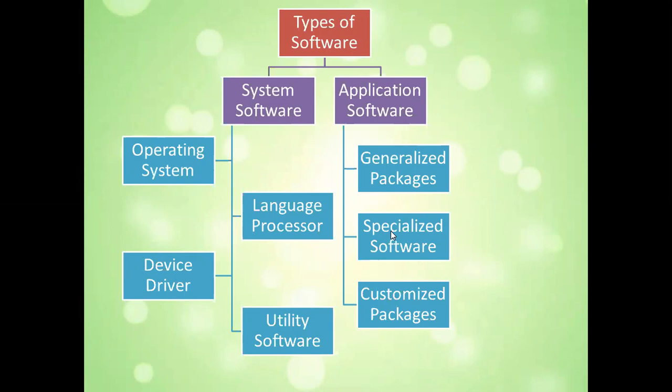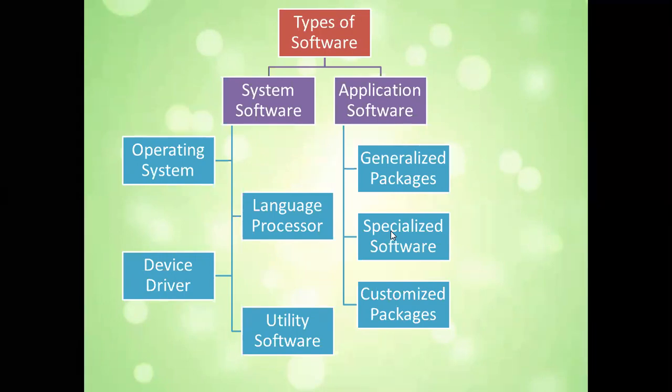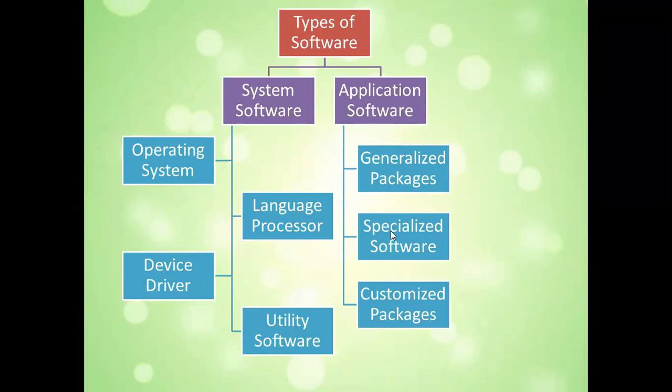If I purchase a video making software, that is my choice, whether I want to purchase it and whether I want to use that software in my system or not. These types of software are known as specialized software, which are basically used for a special type of task, only for accounting purposes. It is made only for CAs, suppose, because CAs are doing the accounting work. Not everybody is using it. If I'm a software engineer, then I don't require that software. So specialized software are those software which are made for a particular person only.